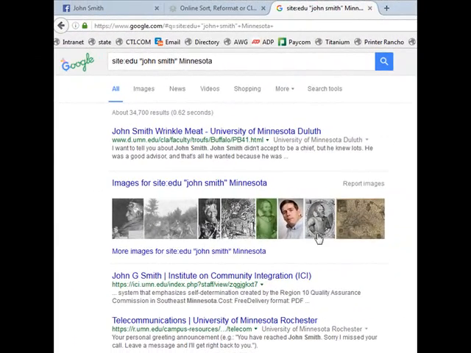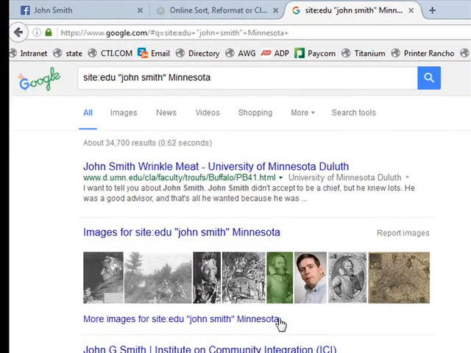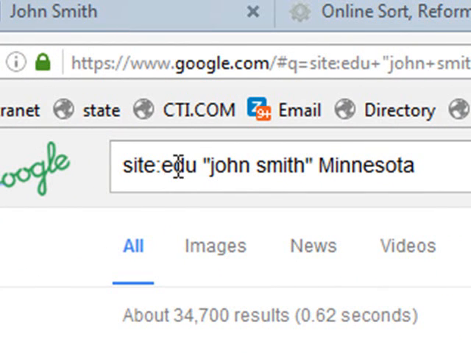Next search is going to be used for maybe looking for a teacher or someone that works for the local government or the federal government. And let's say you wanted to look for a John Smith that works as a teacher in Minnesota, but you don't really know what school they work at, but they may work for a school with a website that's ending with .edu. So if that's the situation, you'll type site, edu, and then you may put the name between quotes,